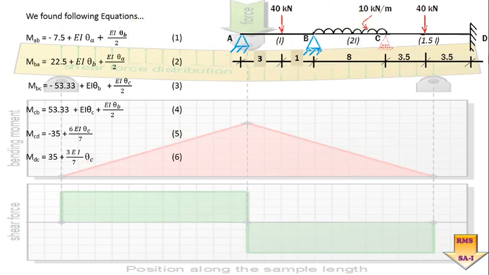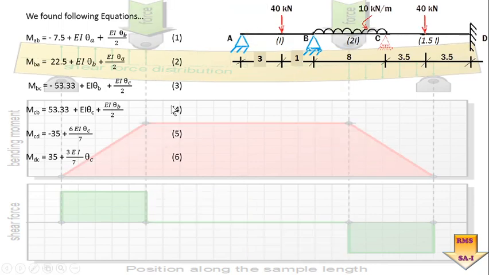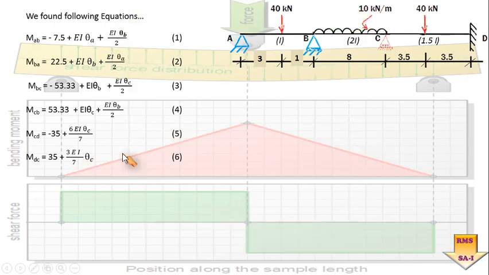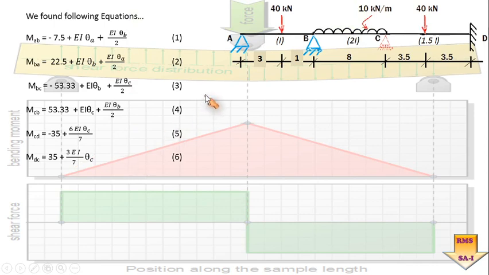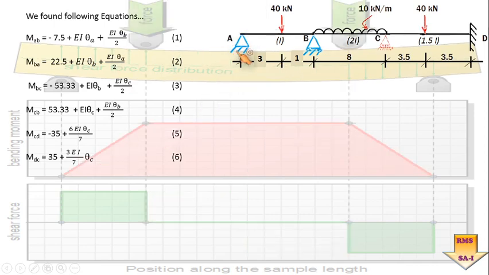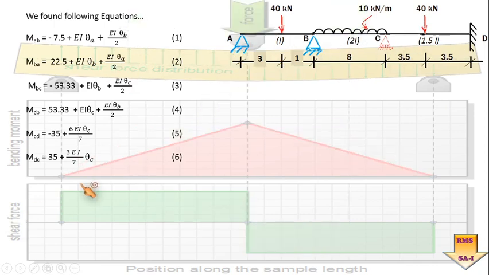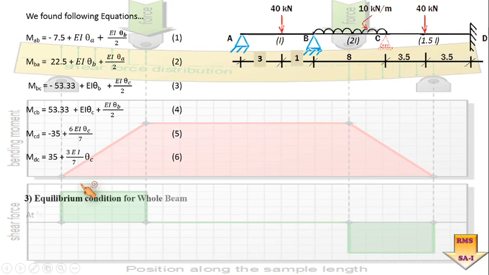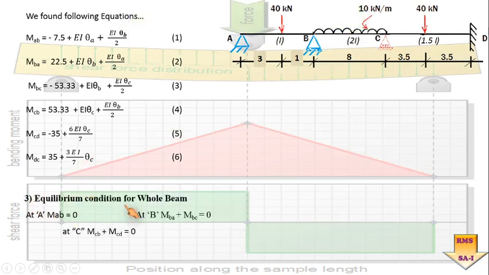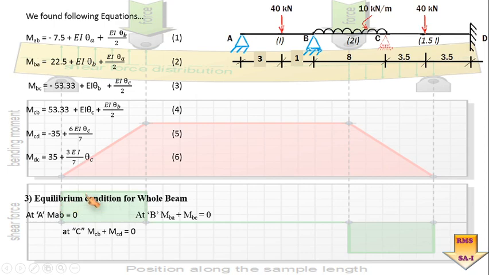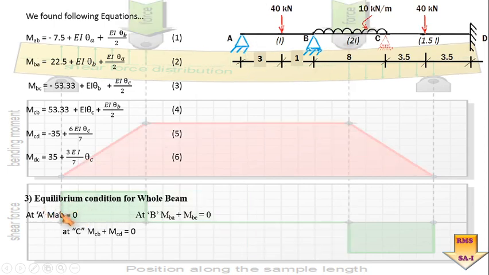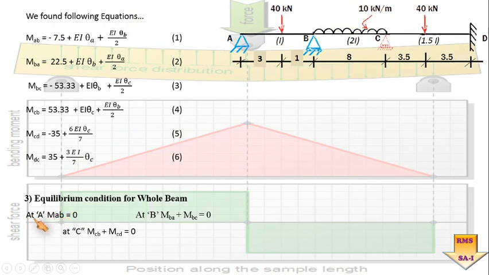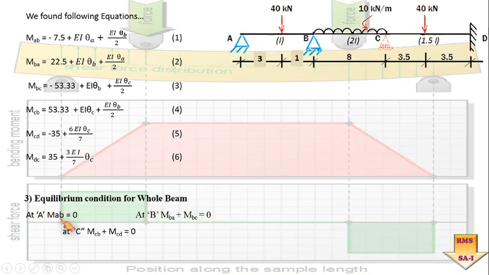So moving ahead, let us see what we have compiled. We have compiled or found out 6 various equations by the governing equation of slope deflection. So these are the 6 equations for end moments about A, B, C and D. Is it okay? Now the next job is to apply the boundary condition, and already these boundary conditions have been discussed in the very first slide. Now it's time to apply the boundary conditions one by one. So let us start with joint A.